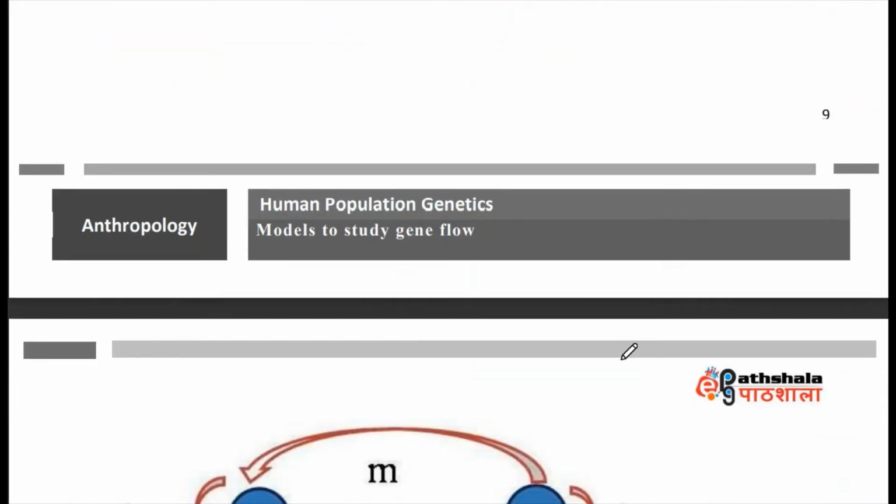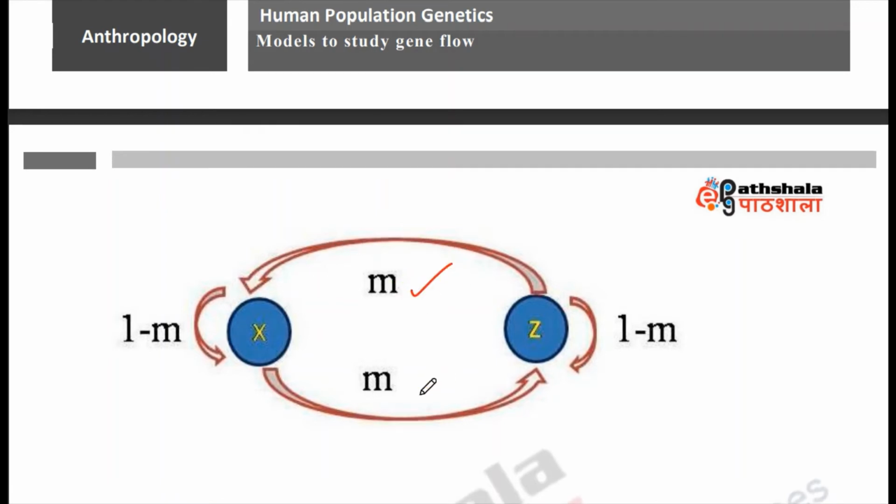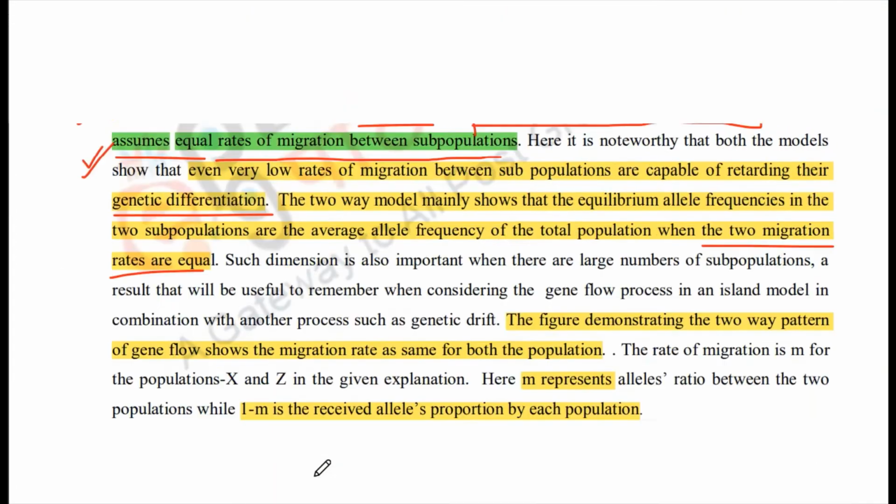Now, according to the diagram, the migration from X to Z is m, and Z to X is m. So in these populations we are seeing the migration rate being constant, very importantly. So what is going to happen to the allele frequency? Similar to the island model, remember, now the migration is the same, so the allele frequency is going to be 1 minus m, the result of the migration event. Similarly for Z, because migration is the same again, it is 1 minus m for the Z allele frequency, right?